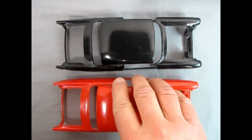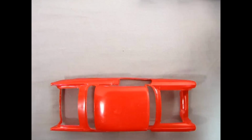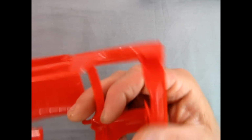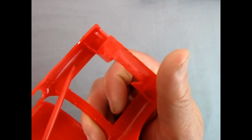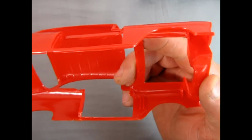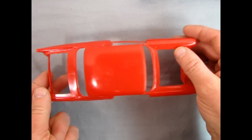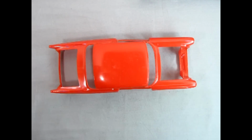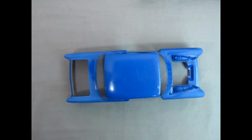Here's an earlier edition molded in red. I do believe this is from 1978. But as you can see, it's the same kit again. Turning it upside down, I forgot to mention there's those little intakes right behind the headlights for those vents which go into the engine. But again, not too bad. I do have a few that I can practice with and try to get them to fit together before actually building this real build. And now this is the 57 Chevy version of the same kit,